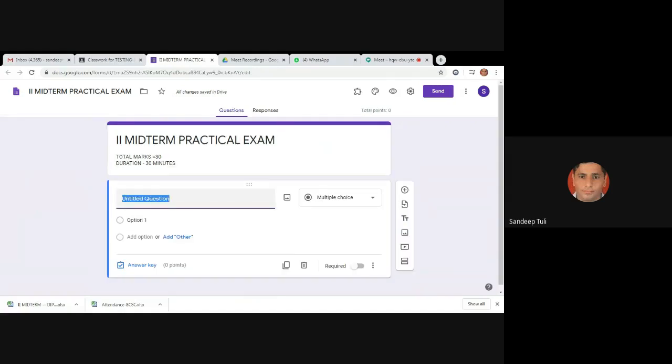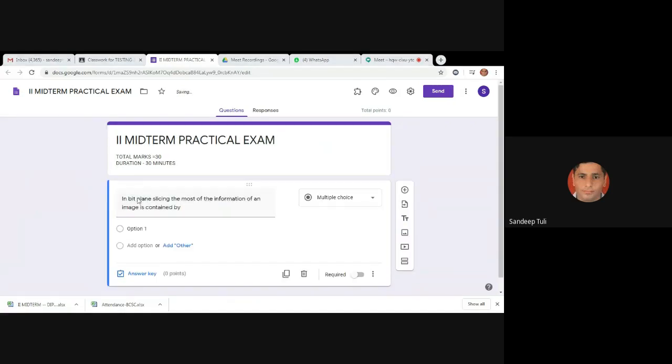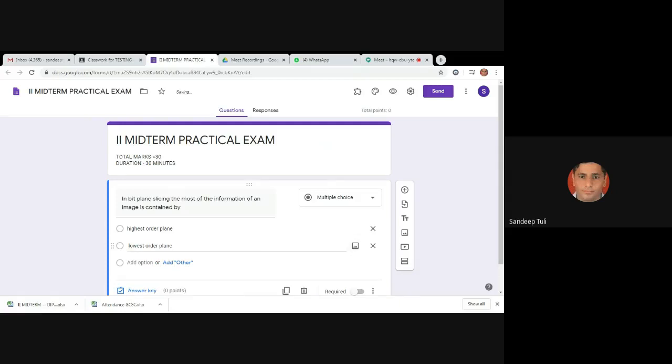So I am copying and pasting the questions and answers in it. Like the first question I have pasted over there along with the answer. Then option 1 I have pasted, then option 2 I have pasted, and so on. I am adding the various options for the questions given.